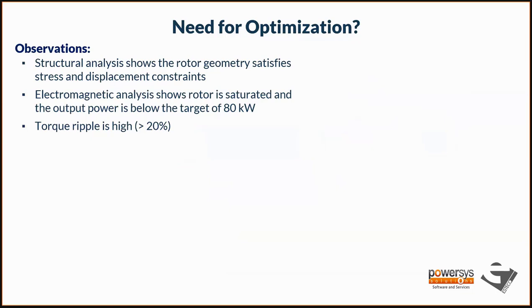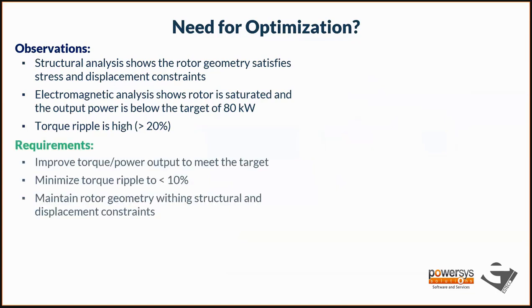So observation from that is that the structural analysis shows the rotor geometry satisfies both the stress and displacement constraints, but the electromagnetic analysis shows that the rotor is quite saturated and the output power is way below the 80 kilowatt target. And also the torque ripple is quite high with over 20%. And then the requirements for us now are to improve the torque or power output to meet our 80 kilowatt target, to minimize torque ripple to less than 10%, while doing all this while maintaining the rotor geometry within structural